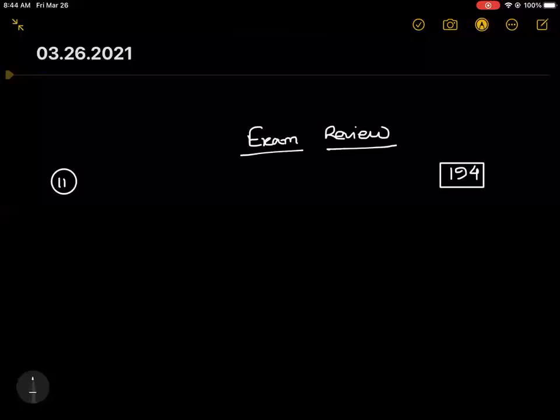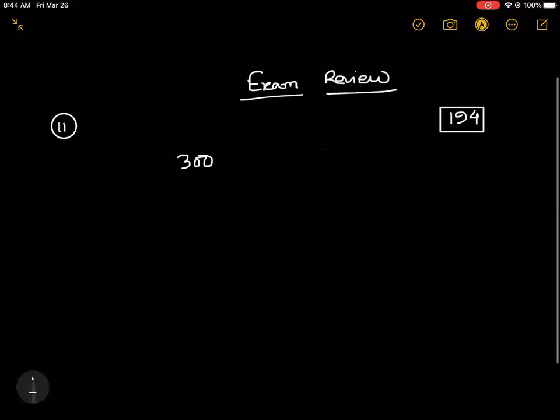Okay, so on page 194, you can see problem 11. It says a bacteria culture is started with 300 bacteria. After 4 hours, the population has grown to 500 bacteria. If the population grows exponentially, so it's saying that it's growing exponentially,